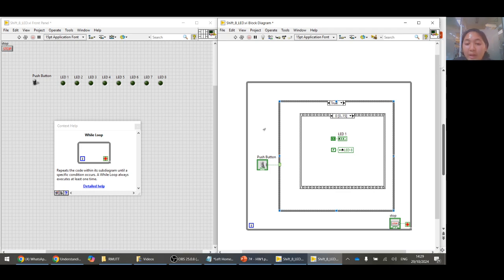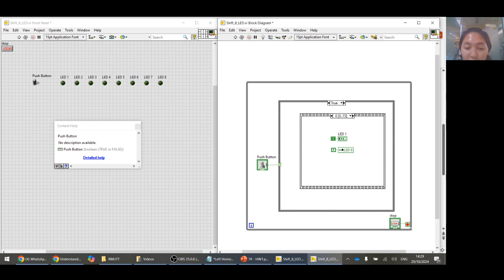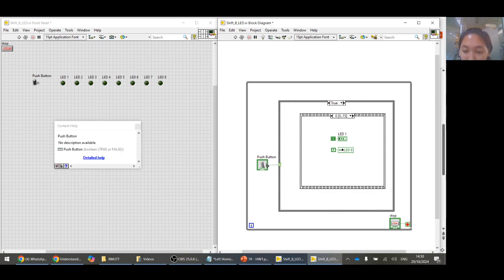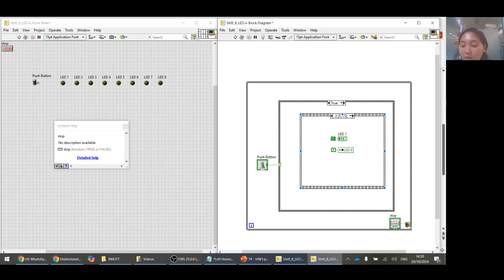And then after we finish with the stack sequence, don't forget to wire the push button to the case structure in here. Click in the pin and then wire to the frame of case selector. And then the stop icon in here, this is from